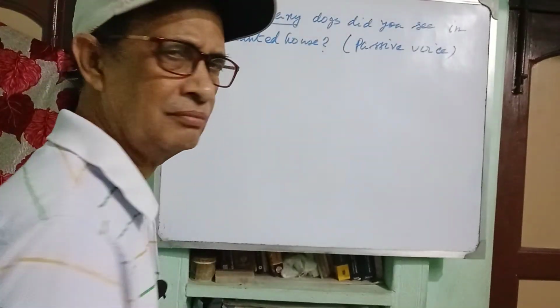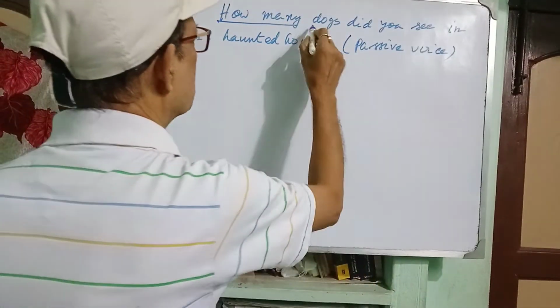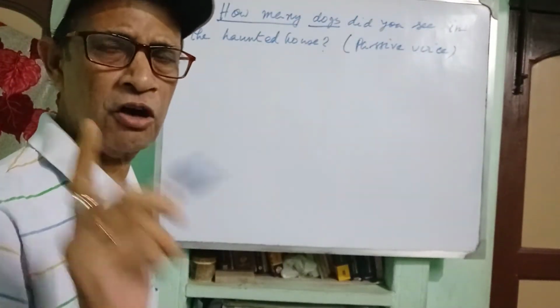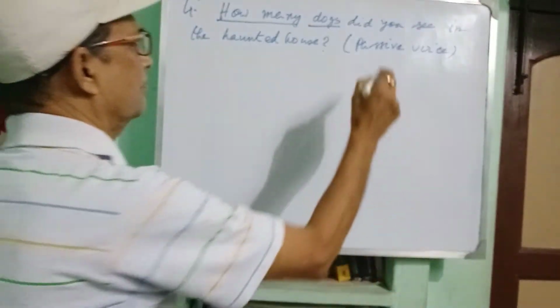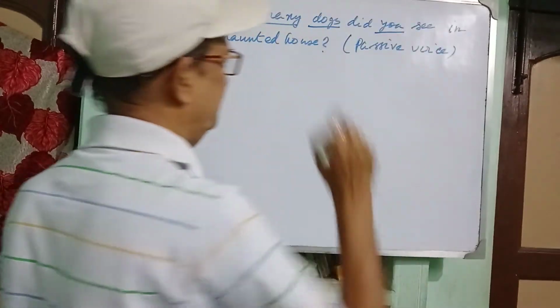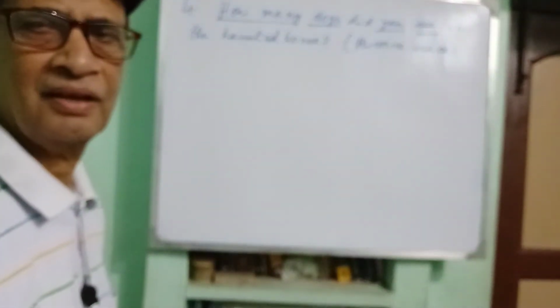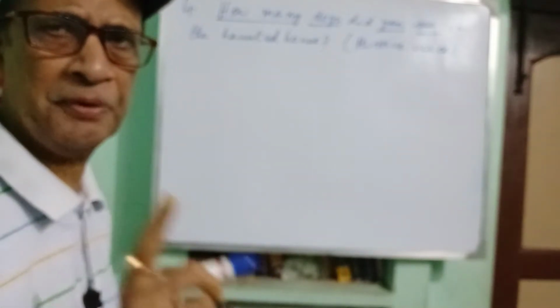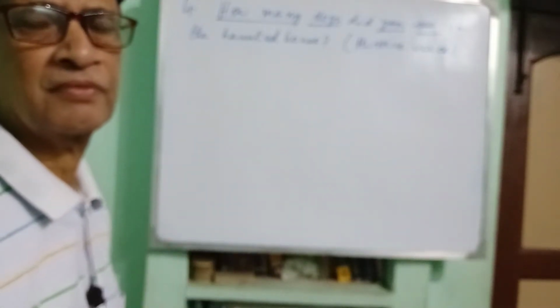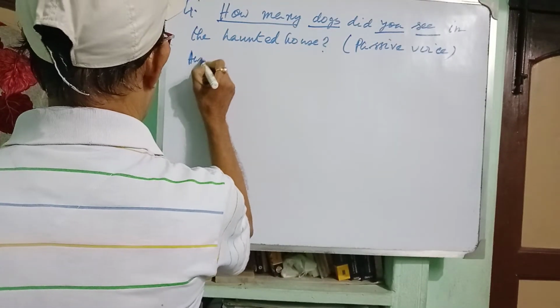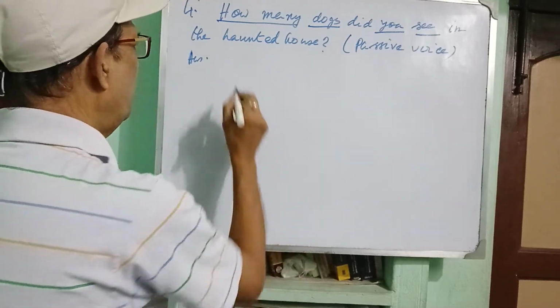Dogs is the object, you is the subject, see is the verb. So it is an example of an interrogative sentence, and how will you convert it into passive voice? Answer: